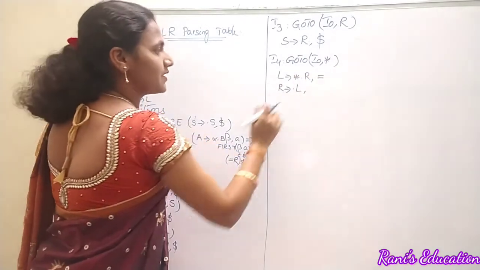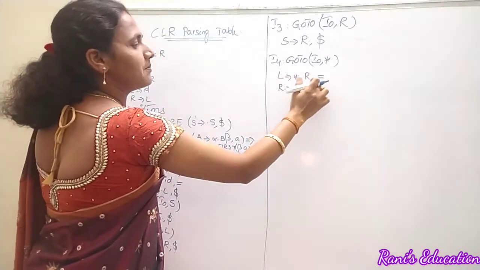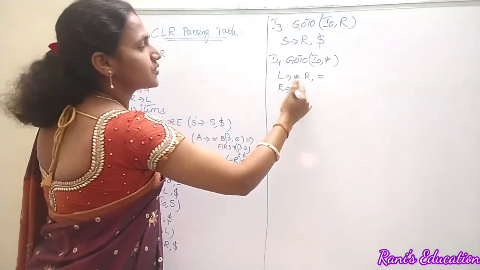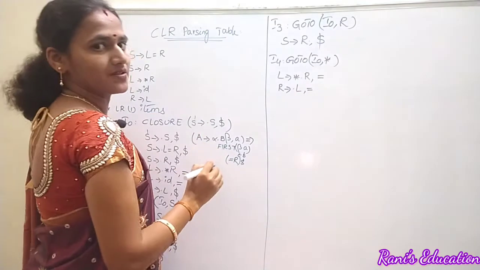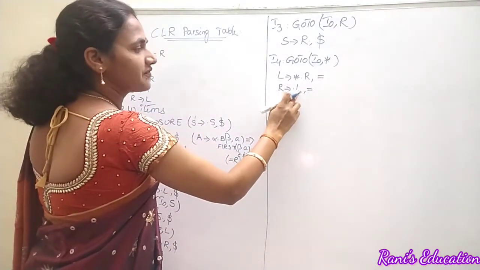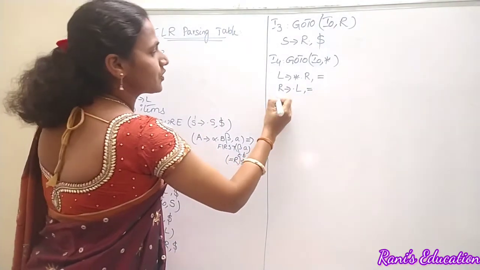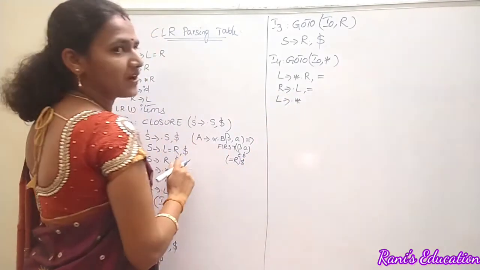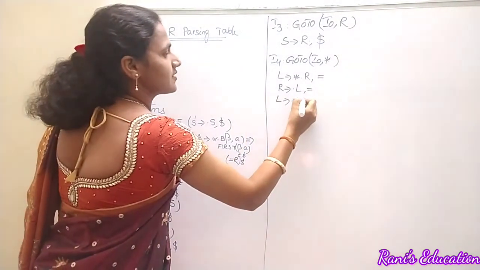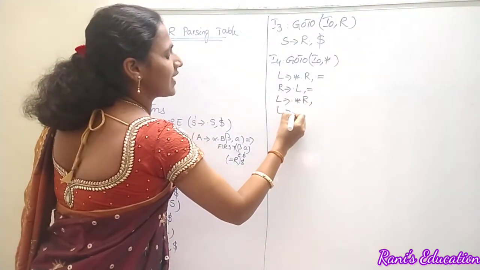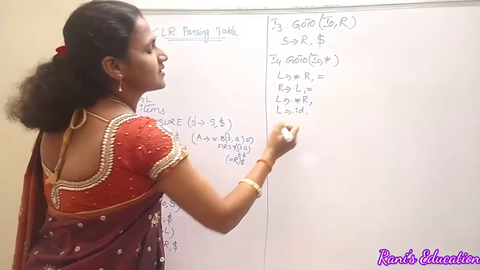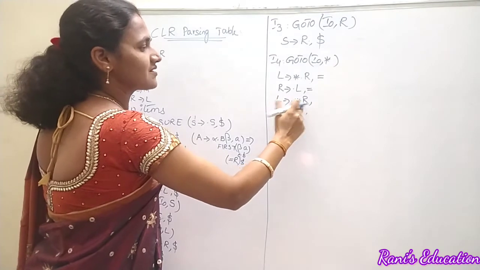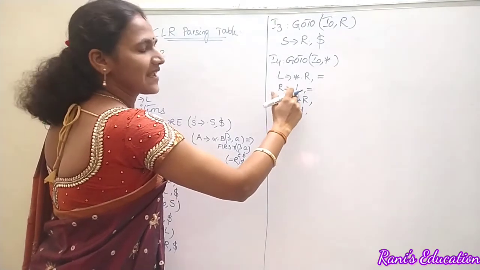Now you are going to apply the rule A→alpha dot B beta comma a, that is first of beta a. We are going to apply the rule. So we will get the look ahead as equal for this. Now here, after the dot we have a non-terminal L, right? So we are going to include its corresponding productions, in the way we have defined in the I0 item. That is L→dot asterisk R. First we need to write the productions, later go for their corresponding look aheads. So with respect to which production have we written this L production? With respect to the second one, right?